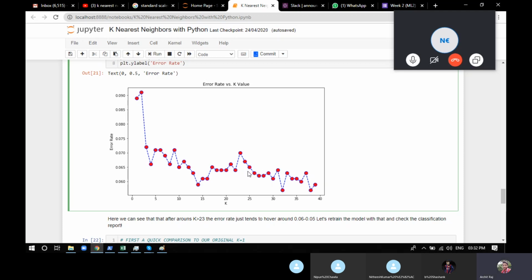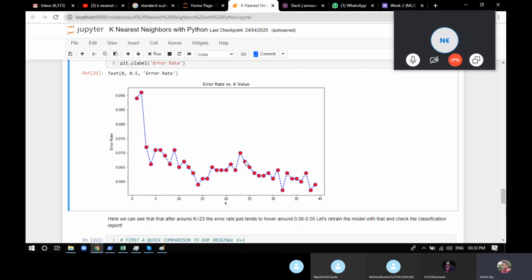That's the maximum error after coming down, and then the error just stays within one of the regions. You can see this is the value of k when it's 23. After 23 you can see the error never came up, and it started oscillating between 0.65 and 0.6. So it's not completely accurate, but it's roughly accurate. It's not even necessary that this is the exact point that you have to take.